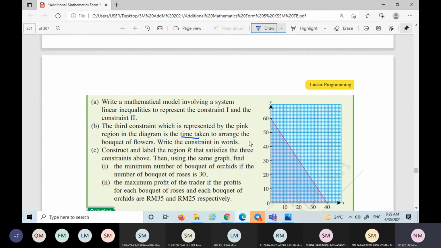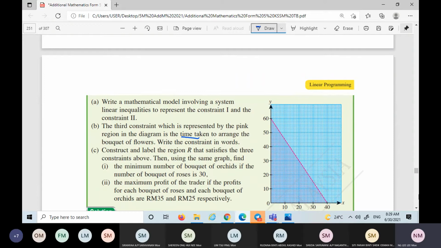The time taken is actually given also, because to arrange a rose is 20 minutes and to arrange an orchid is 30 minutes. So you can get 20 minutes times the,